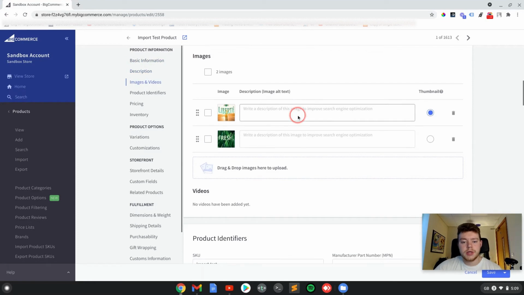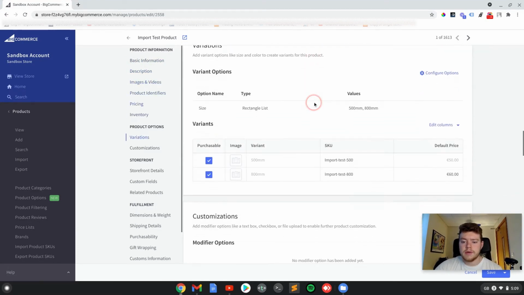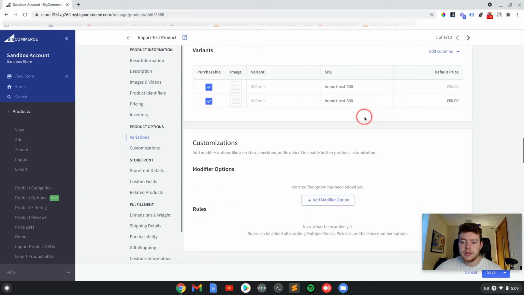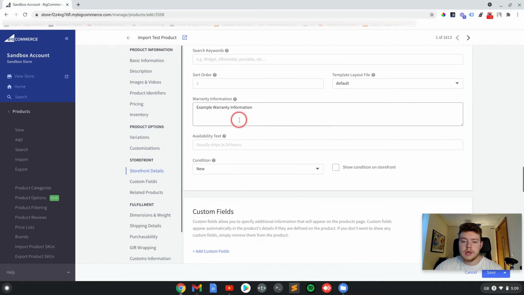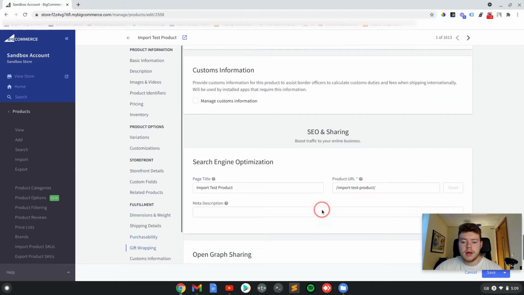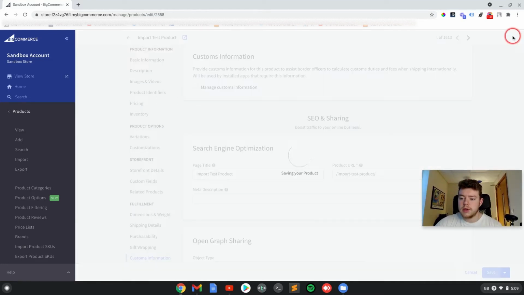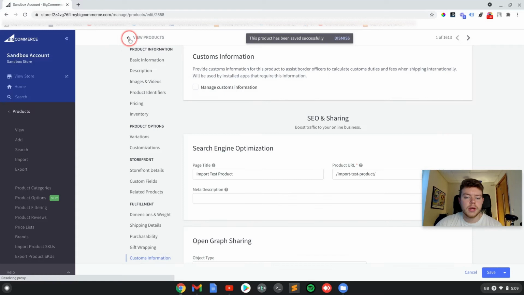So we've got a description, 2 images. If we go further down, 2 variants on size. Warranty information and the URL, so that should be fine. So if we just make sure that is saved and we go back,